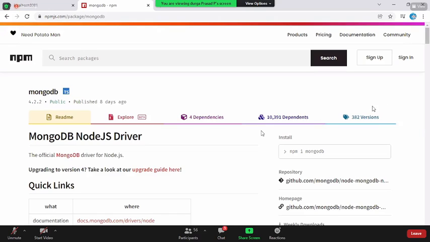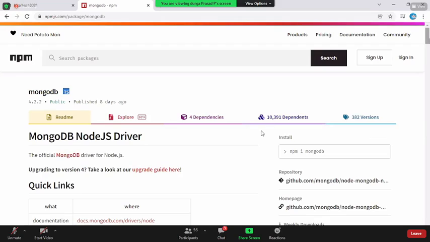The reason is, if you see, the contribution is not being done by the organizations. It is being done by outside people. Anyone who knows Node.js can come out here, create a module, and publish it. If it is useful, everyone will start making use of it. That is how it gets popularity.